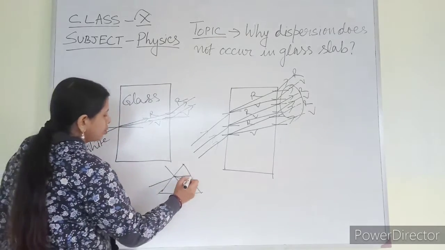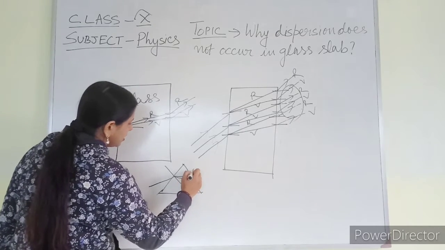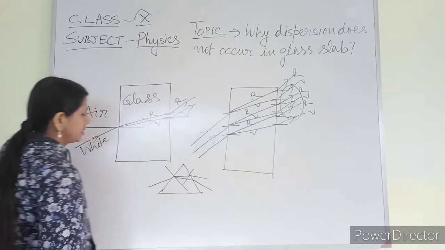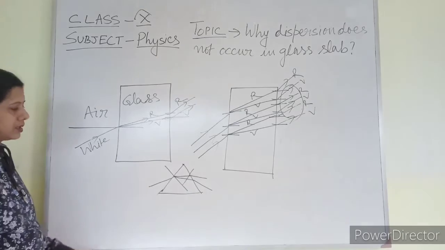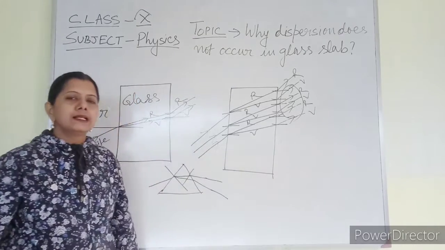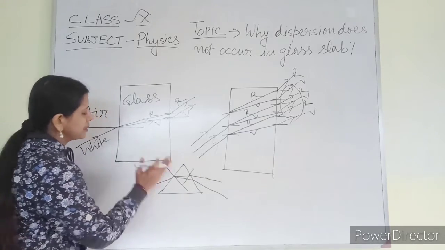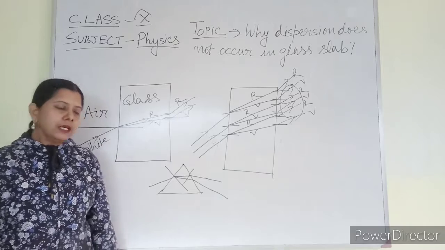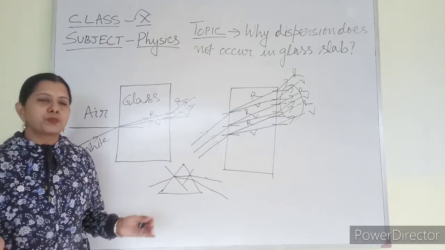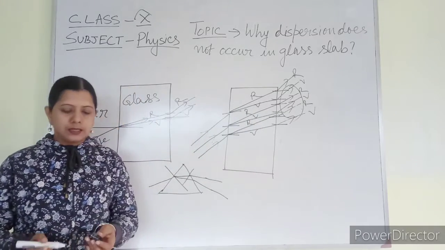When it is coming outside, again this is the normal. So this one is red and this one is violet. So they are not parallel to each other. They are spreading. The more they move, the more they spread. The distance is increasing. And this is due to this particular shape of the prism. This particular shape of the prism is making this portion spread. And here incident rays are parallel to emergent rays.